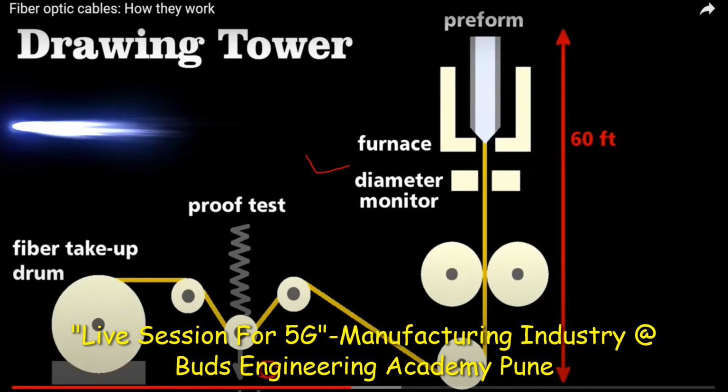Sir, what is the purpose of the dead weight? You see, it is to test the mechanical strength of the core, meaning stress and strain, Young's modulus, elasticity. How much weight do we apply? No, this diagram is a general diagram. How much weight is to be applied is a mechanical property.